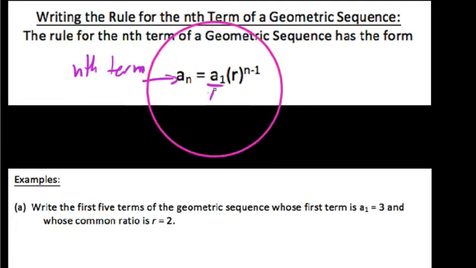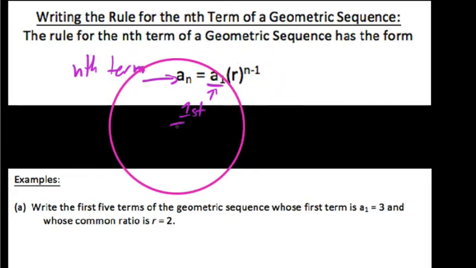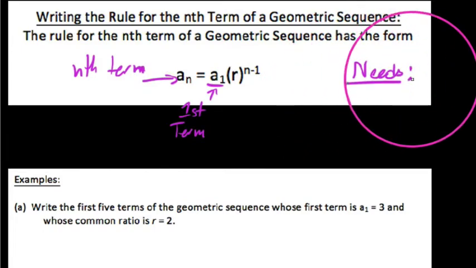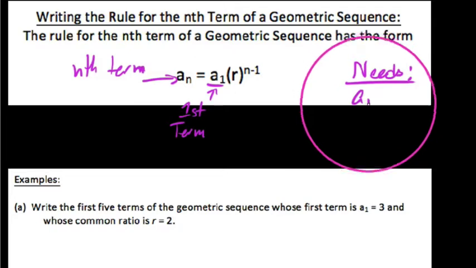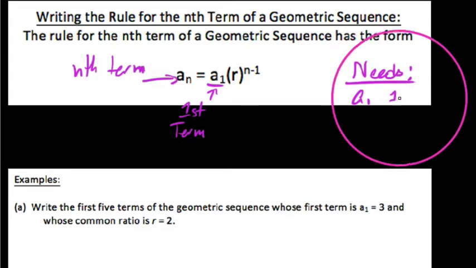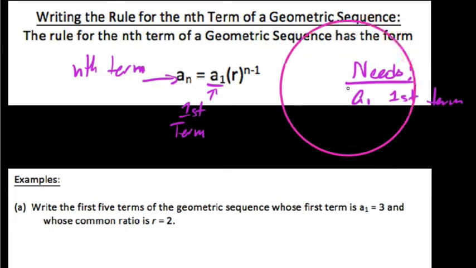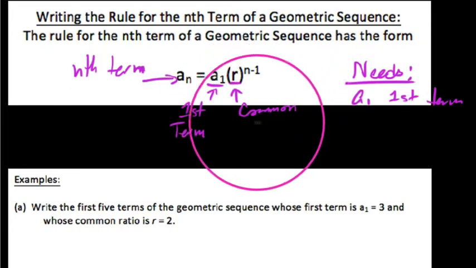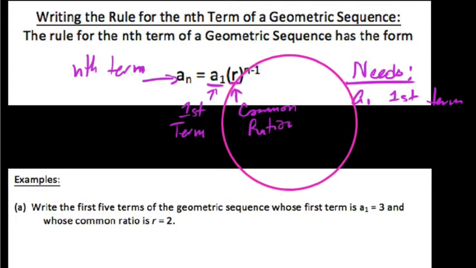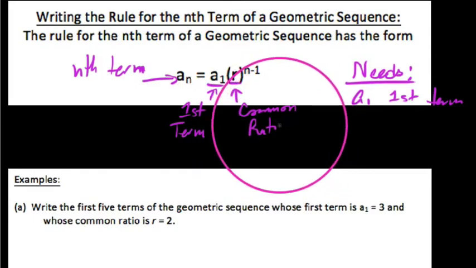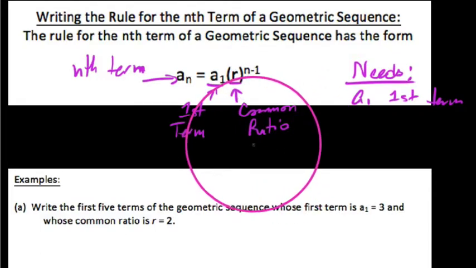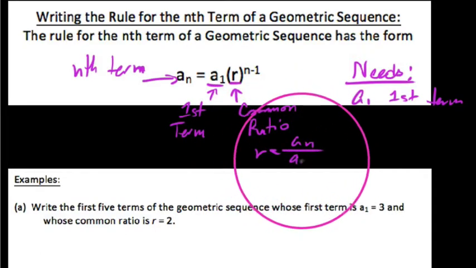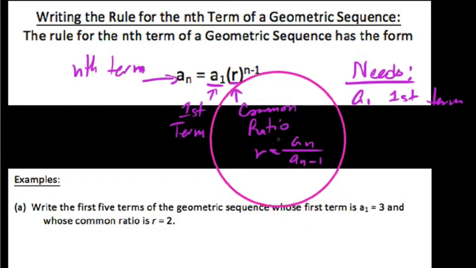We say a1, which is our first term. So what this means is this: on our grocery list of needs, the things we're going to need to write the rule of one of these, we're going to need the first term a1. We just sort of need this, so we say first term. And the other thing we're going to see here is this: we have r, which is our common ratio. It's a reminder, not common ration, we say common ratio. But the common ratio here would be the nth term divided by the term right before it, an minus 1, and that's always a common ratio.